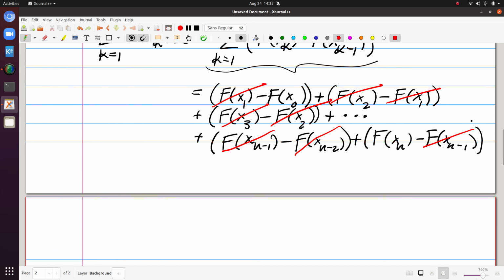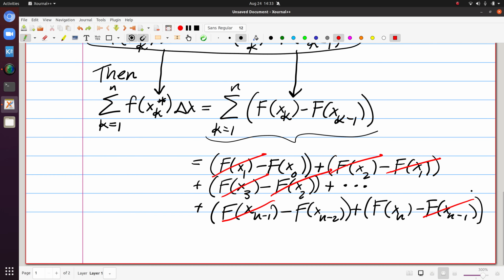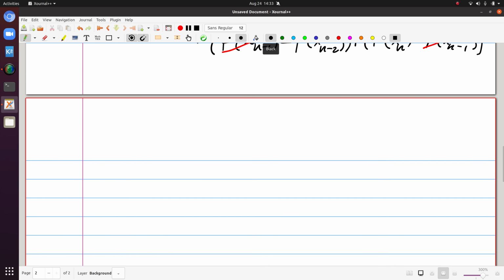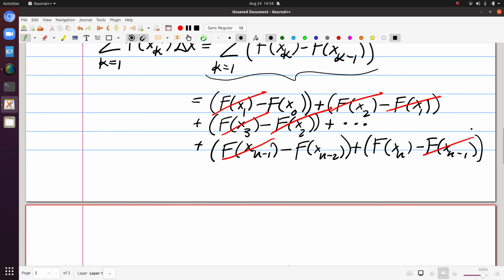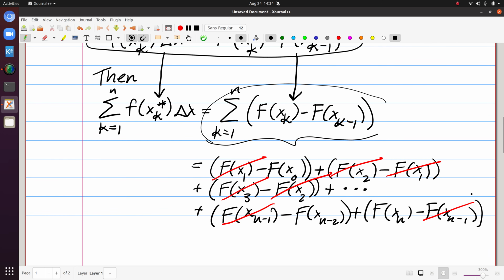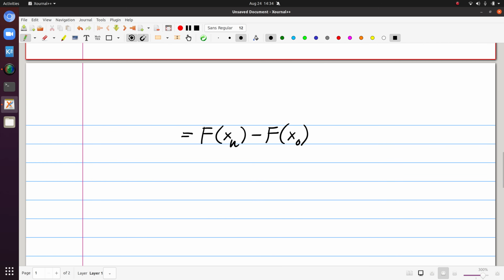So we are at this stage left with f of xn, which is positive, and then we have the f of x0, which was negative, so subtracting that there. So this simplified version here is exactly equal to this sigma notation that I had on the right-hand side here. So what we have now is